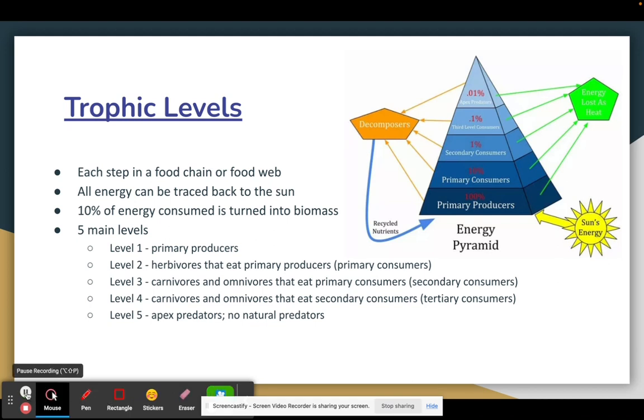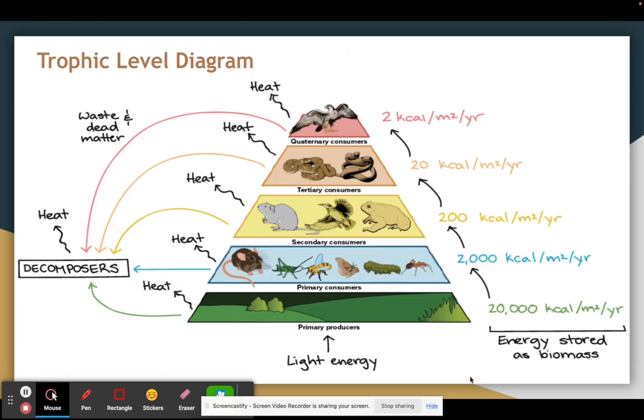So for this slide, I would make sure not only understanding what trophic levels are, which is the different levels of energy that can be transferred within the food chain, I think I would also make sure that you kind of draw the diagram that I have included over there. So pause the video now if you need to do so. Now, this is just a further explanation, and you can either add these numbers to your notes so you can kind of understand that 10% breakdown from each level as you go up the trophic level diagram here, or you can just redraw it and add this information, whatever you feel is going to be best for you